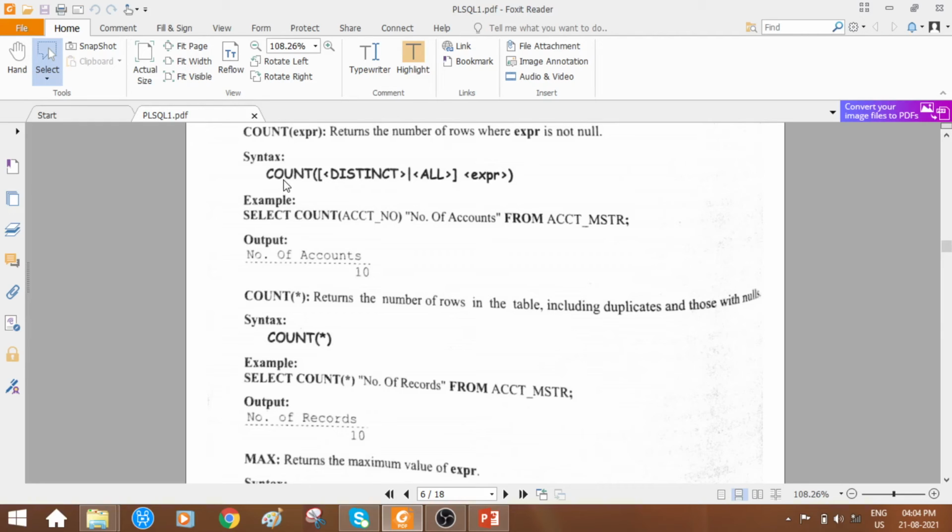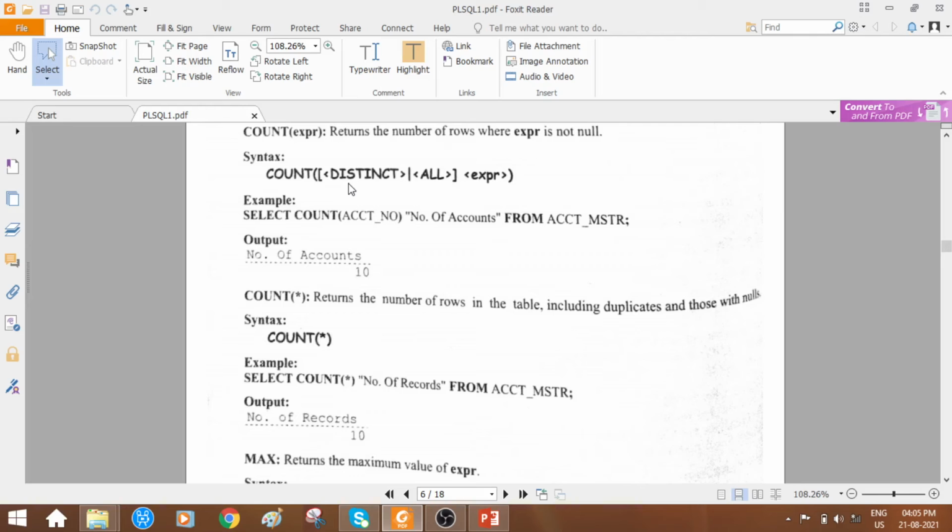So if I mention count distinct expr, expr means from which column. If I am using distinct, what happens? If the name Tarun is present two times, it will consider only one Tarun for the count. Are you all understanding?